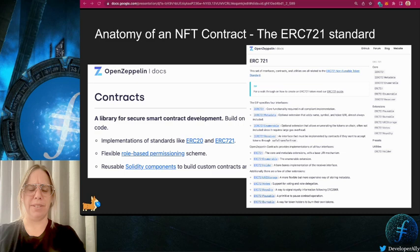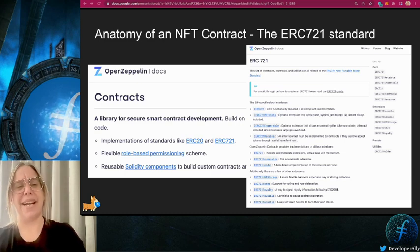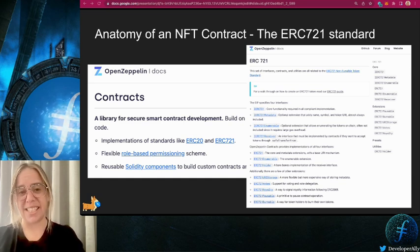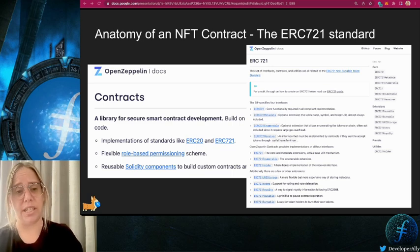I don't know why it's got that name. It really doesn't tie back to what it is. But anyway, that's what an ERC is. So while you could code up an NFT from scratch, a better approach is really to use a community vetted and security audited implementation